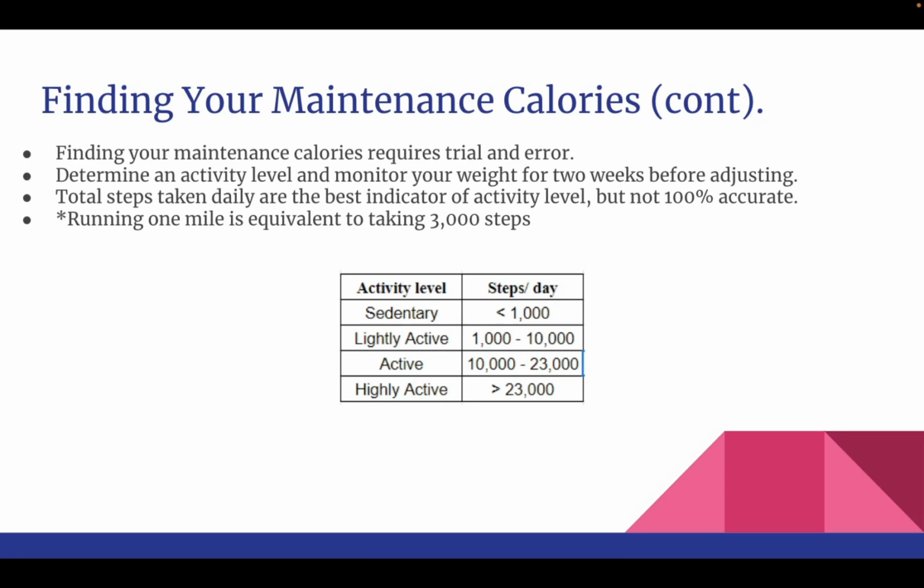So, what does that mean? It means, let's say you have a sedentary job. Let's say you work 9 to 5 at a desk and you sit most of your day. Let's say you take like 3,000 steps at work from 9 to 5. And then you go and lift weights for an hour and a half. Even though you lifted heavy weights for that hour and a half, because you took so few steps, your activity level, unless you were really, really killing it in that hour and a half of lifting weights, is most likely lightly active.